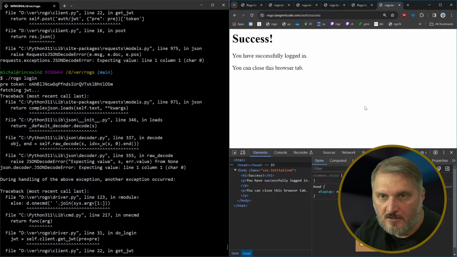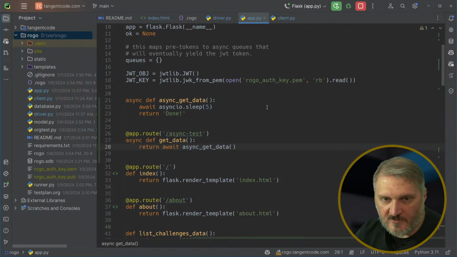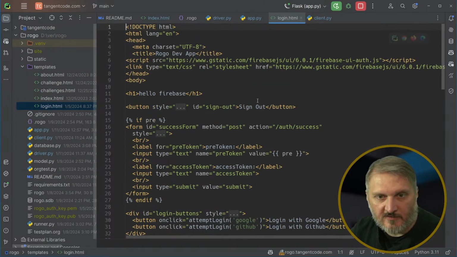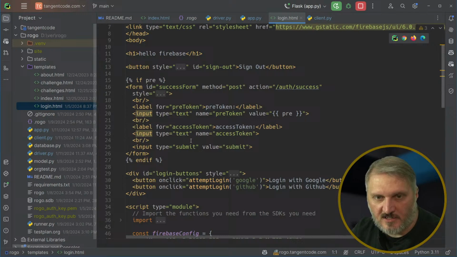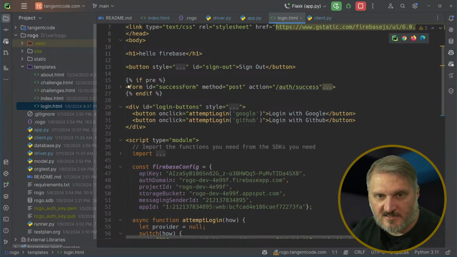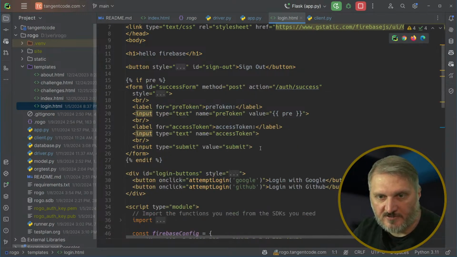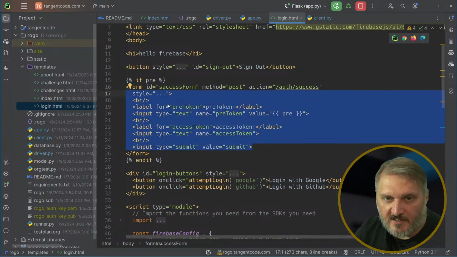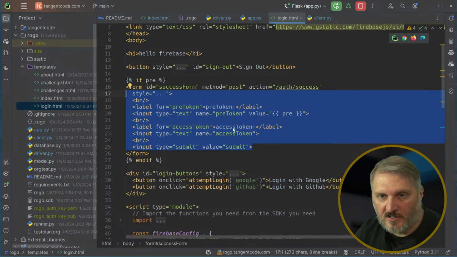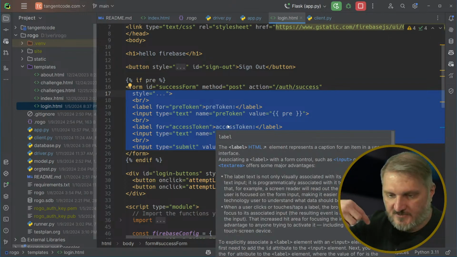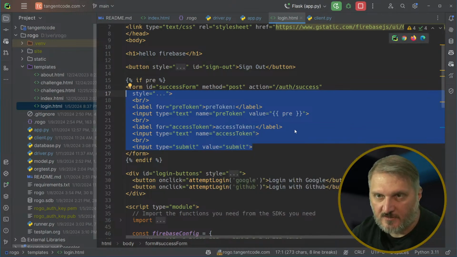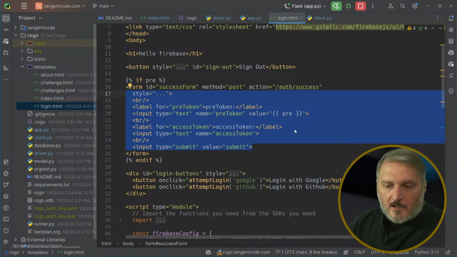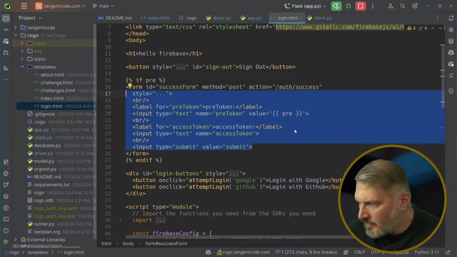Why is it not here? Maybe it's on the previous page, and then there's a redirect. But yeah, it goes to this login page, and the login page has this little hidden form here. If it's one of these token-fetching things, it says, okay, give me the pre-token, and then once I get the access token from, in my case, Firebase, wherever your OpenID provider is, OAuth 2 provider, excuse me, then